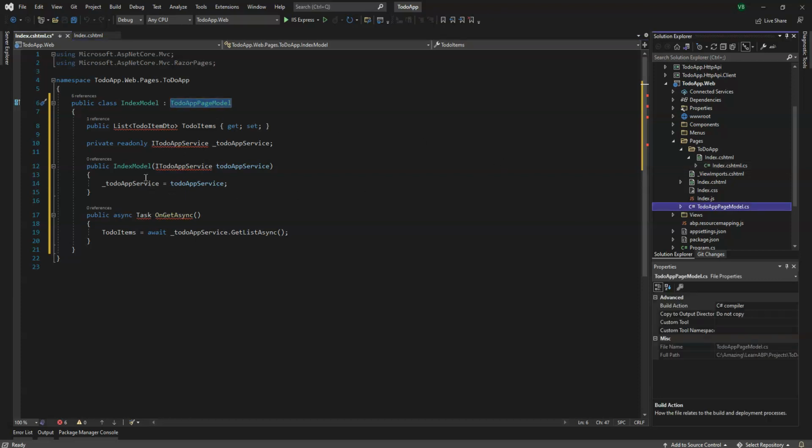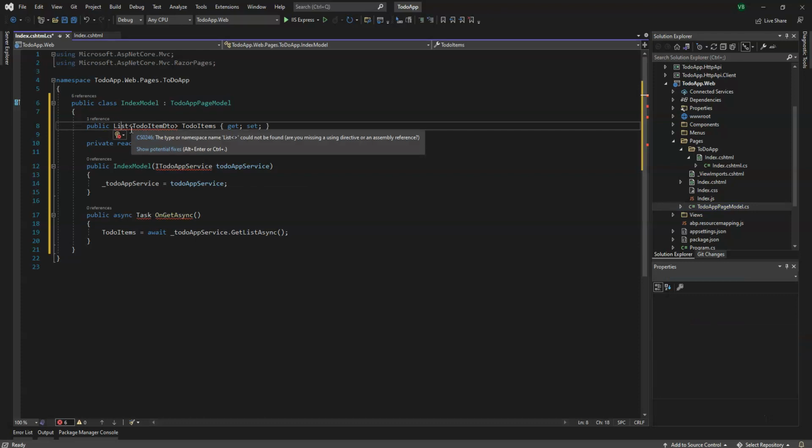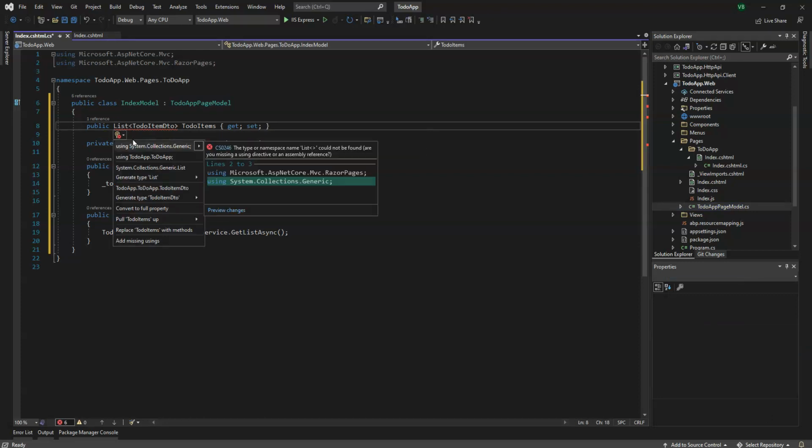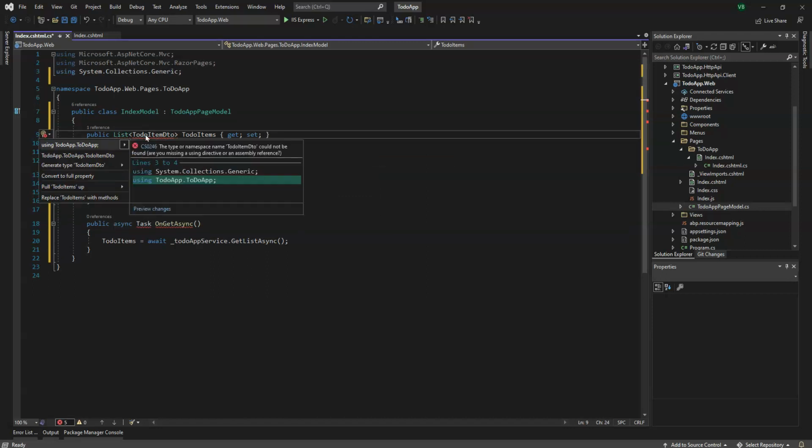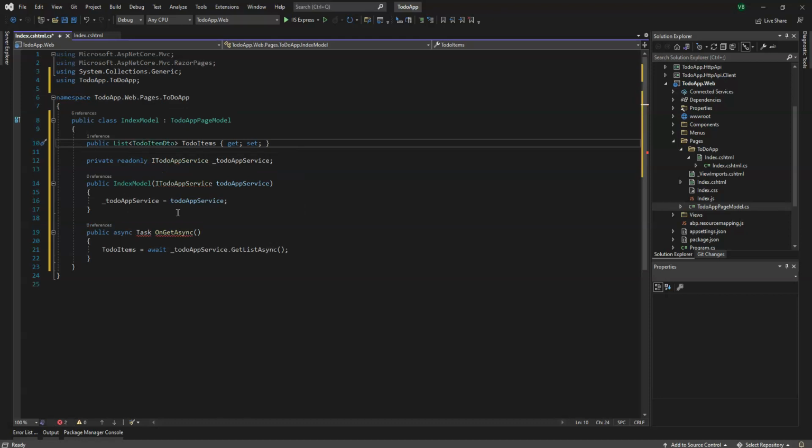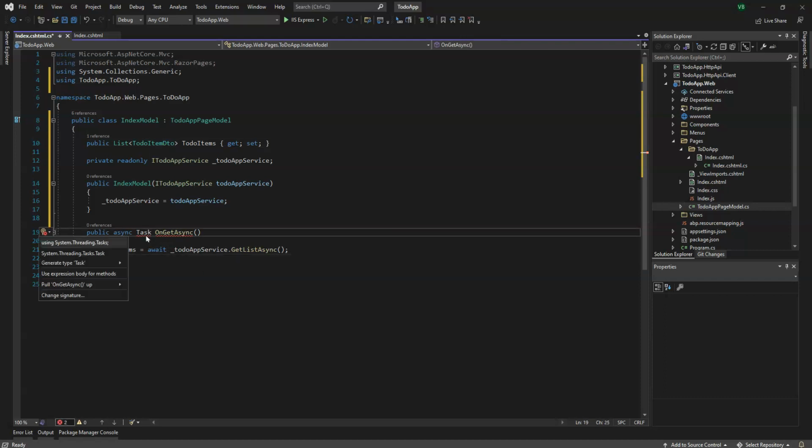And we're going to drag in some of these libraries so that it all works properly. Grabbing our application namespace, and we can get the